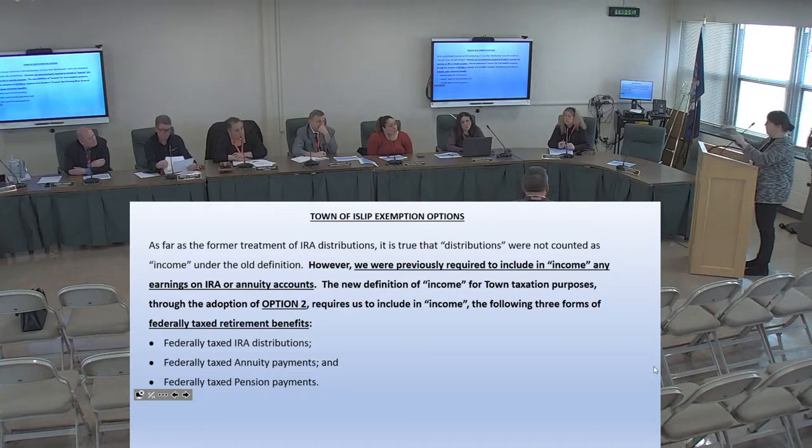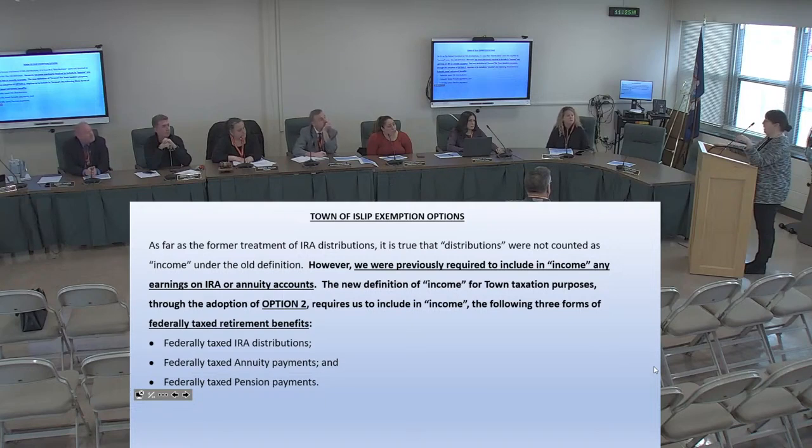Just real quick, if the board decides today to do nothing, this can be revisited next year? We're not locked into this option? You're not locked into anything you do today. You do have to be considerate of some of the factors that might come into play. If the board does nothing this year, any applicants that do qualify because the IRA distributions and annuity payments have not been included in income for school district purposes, it will be very difficult then at that time next year to say, we're having a hearing or we're going to change that option. We're going to now require that to be included as income.